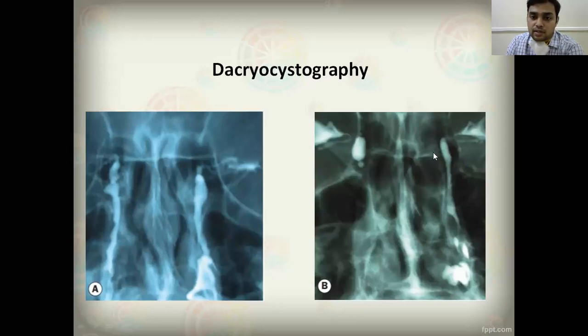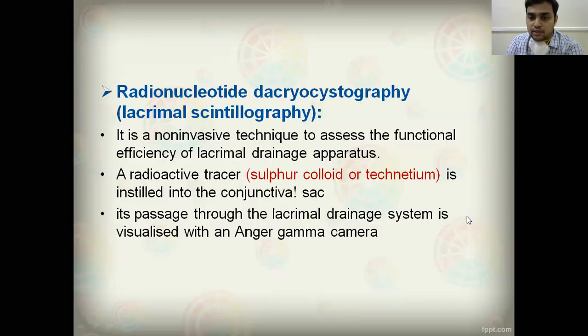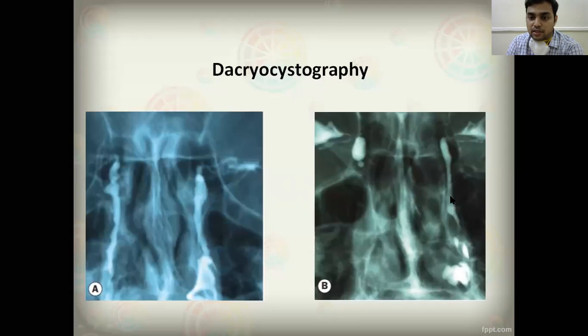In this case, on the right side there is an obstruction here. Because of that there is incomplete filling up to the lacrimal sac only on the right side, but on the left side the lacrimal passage is adequate and the dye is passing into the nasolacrimal duct. So this is an abnormal picture. Here there is an obstruction and an incomplete filling on the right side. The left side is normal. So basically the X-rays are taken every 5 minutes after injecting the radio opaque material into the lacrimal sac with the help of the lacrimal syringing cannula.